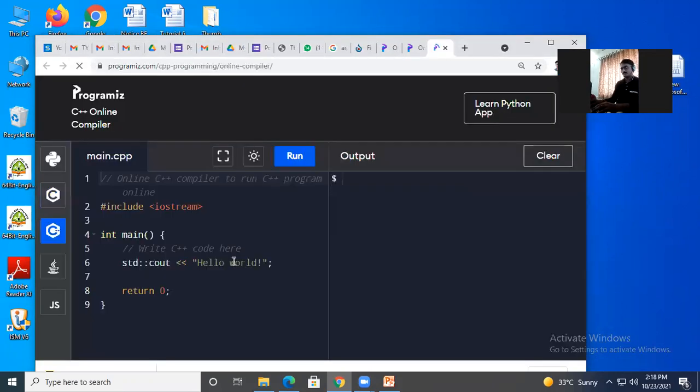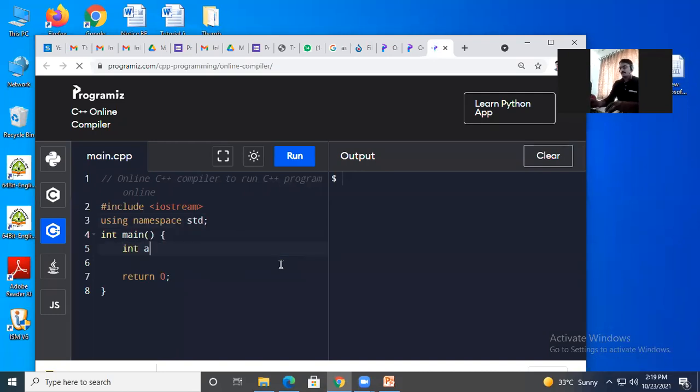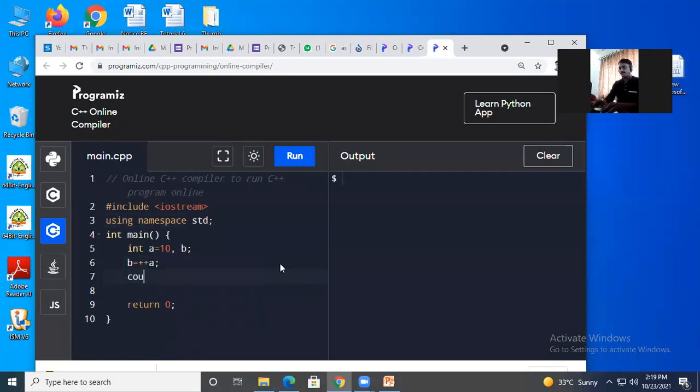Okay, see. a is equal to, let's say, 10. I am having one more variable, let's say b, and here b is equal to plus plus a, and here I'm going to display it.